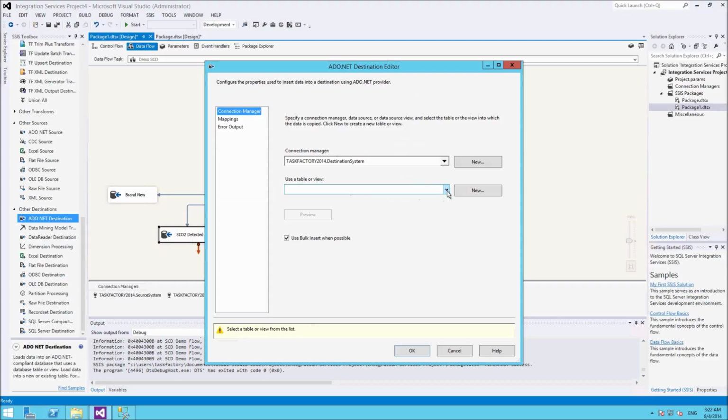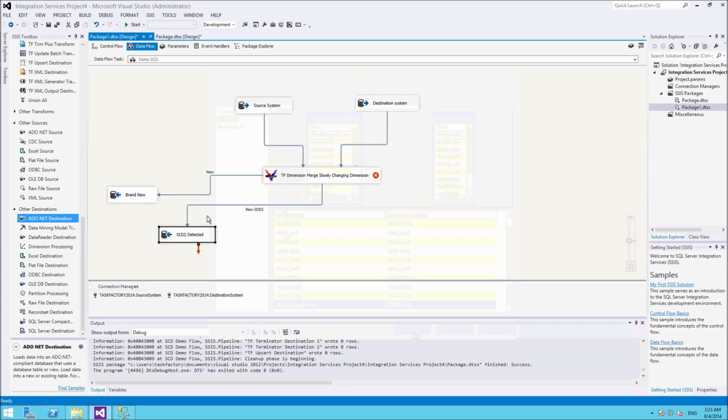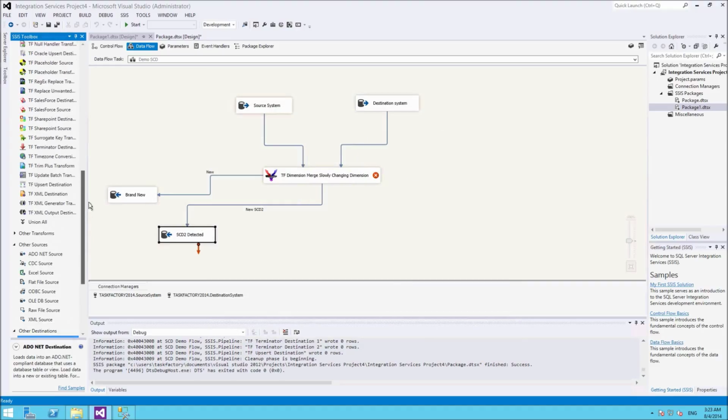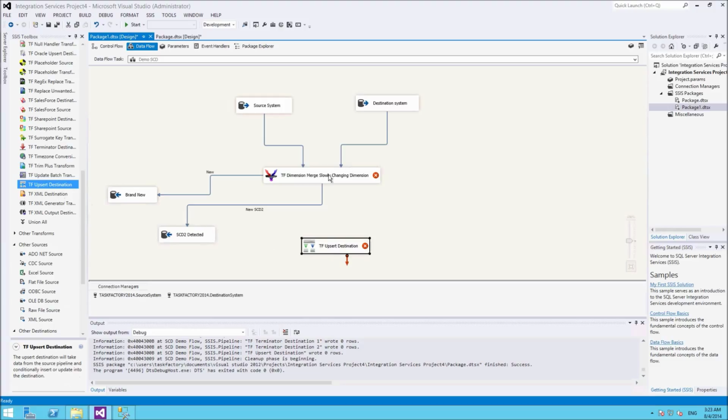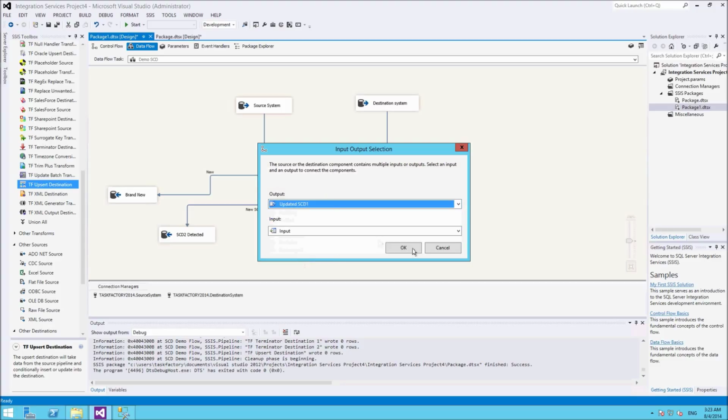SCD2, exact same thing. Pick the table, do the mapping, and pick the row change reason. So next up, we want to get some upserts. The reason we use ADO is basically so we can use these upserts, and we want to have our updated SCD1 columns to go here,